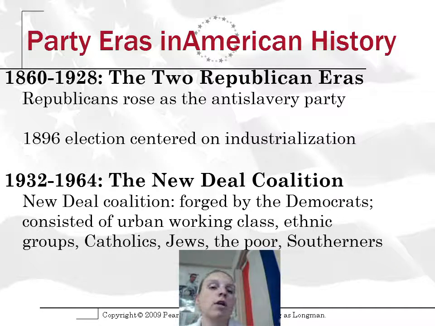The second wave came with the 1896 presidential election, which had the greatest turnout in American history at 80%. It was centered completely around industrialization and the gold standard, and if you've ever seen The Wizard of Oz, it's completely based on that election. And that's what led to the second of the 2 eras, the 1896 election when William McKinley, who was a Republican, got elected. 1932 to 1964, this is the 4th party era, known as the New Deal Coalition, my